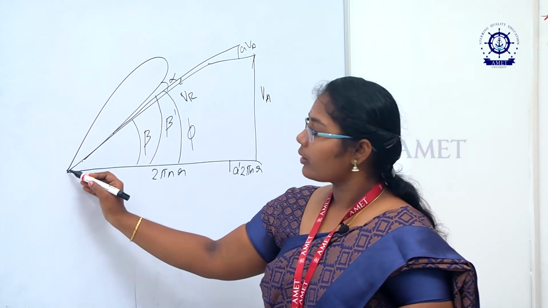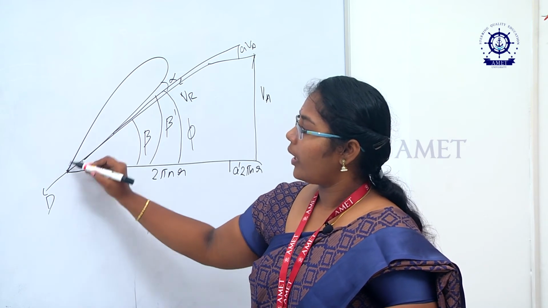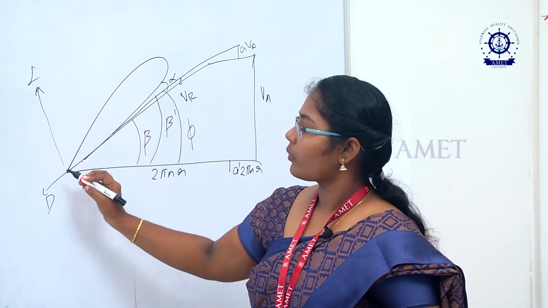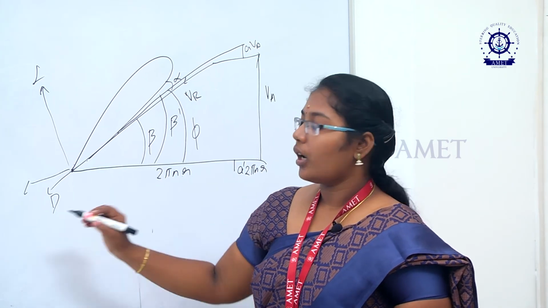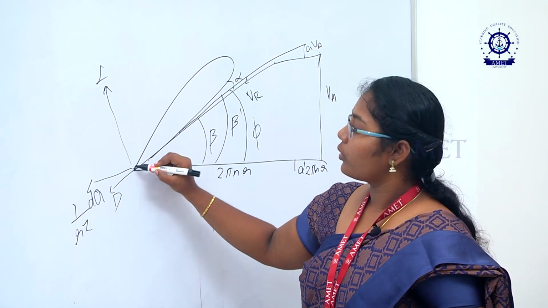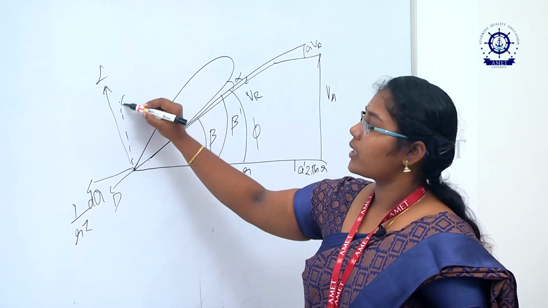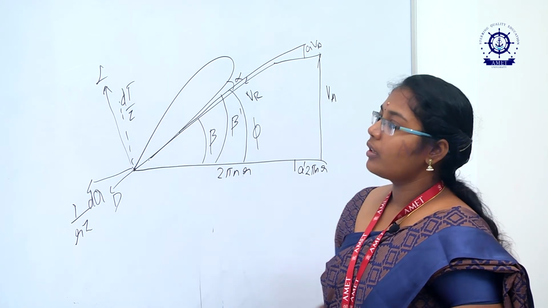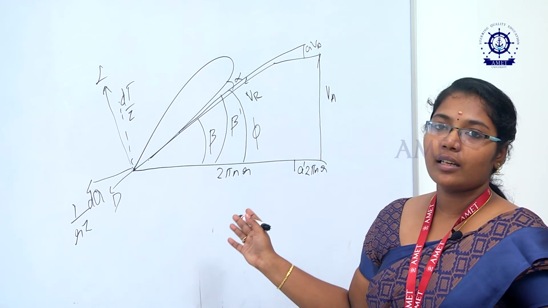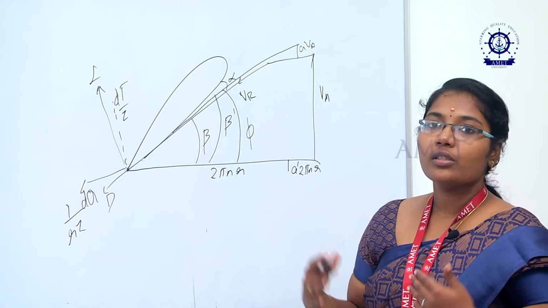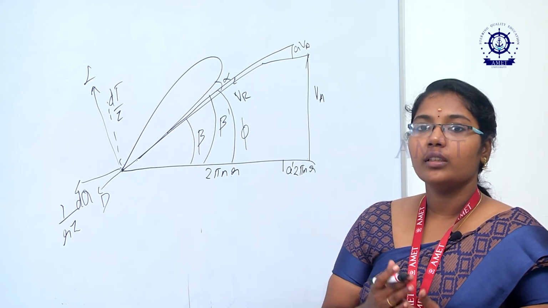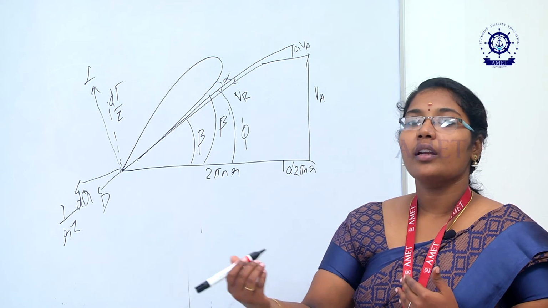In the same way the drag will be created, and the lift will be created in the perpendicular direction. You will get a torque, which is 1 by r z into dQ, and here you will get your thrust, which is dT by z. This is the difference you will get when you consider the induced velocities, which are due to the propeller action, since they have an impact on the tangential force as well as your axial forces.